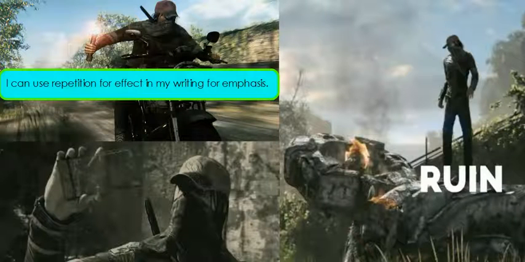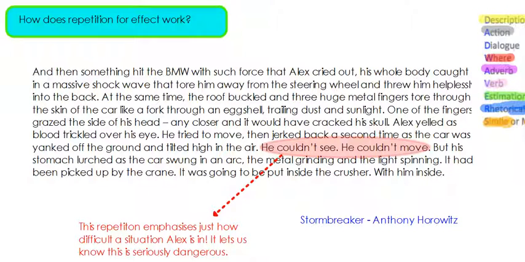So let's look at an example. This is one that I know that you're really familiar with. It's Anthony Horowitz. He really is the master of creating suspense on top of using the repetition for effect. Just look at how many of the other techniques we've looked at this week he employs when he writes. I've done a bit of a checklist down the side. I wonder if you can spot them. This section is taken from Stormbreaker because I know that you're really familiar with this. So let's just have a read through and see how Anthony Horowitz uses repetition for effect as well as these